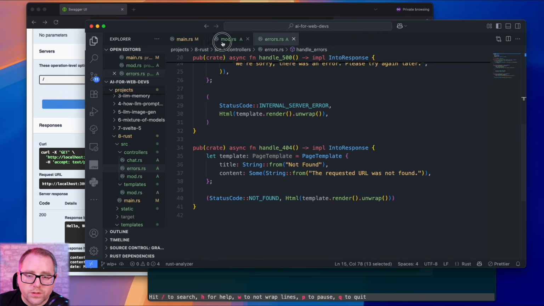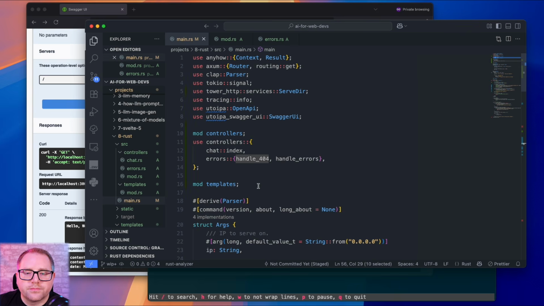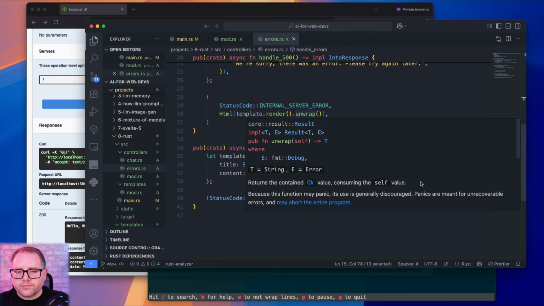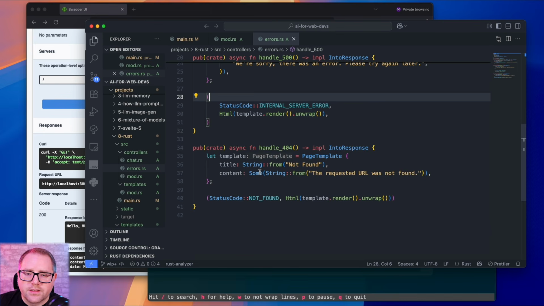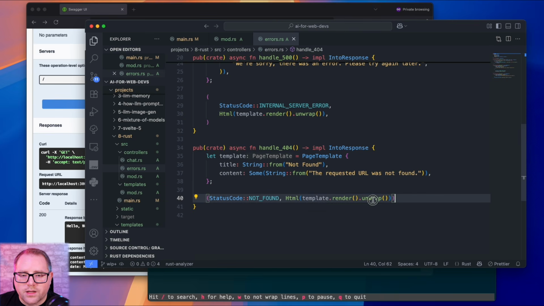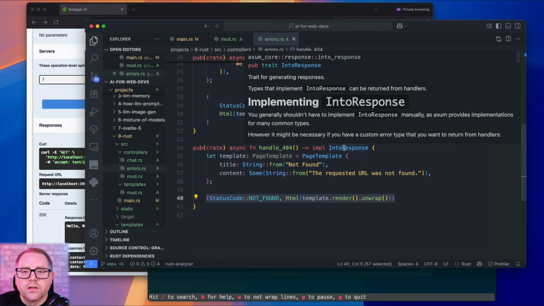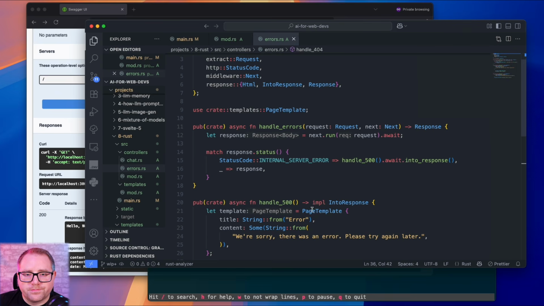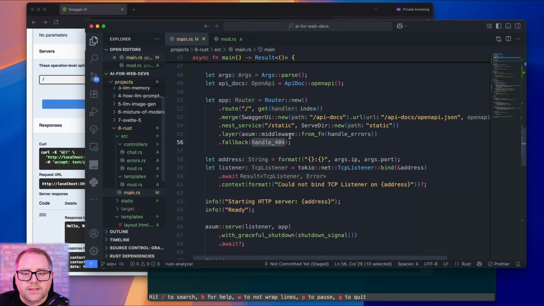And then for 404s, which again is our fallback. So if nothing else is able to run, or if the router doesn't match any of those other things, it'll end up here. And all it's going to do is render our page template with a not found, and then send a not found status code. Yeah. So we've got status code and markup, and this is our tuple where we're returning. So those are the error handlers. And that's again how we're going to do 400s and 500s.